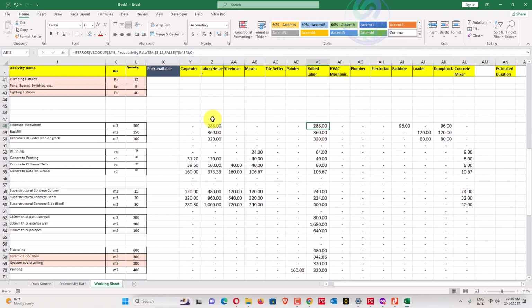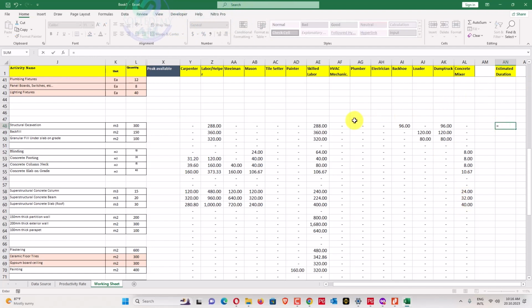So we'll find out what we have as peak availability, which is equal to the maximum, from max, this one. What is the maximum? We'll just divide with 8 because it's in days, and now we'll divide this one by peak, because peak availability is, you can say, the maximum crew. Otherwise it will be a divide error. I will write here 1.